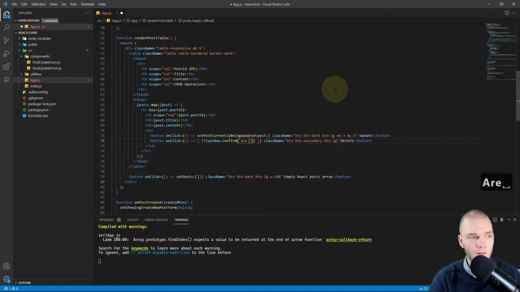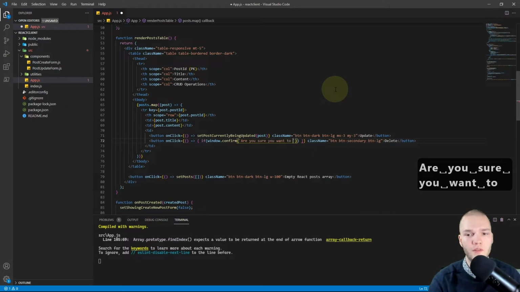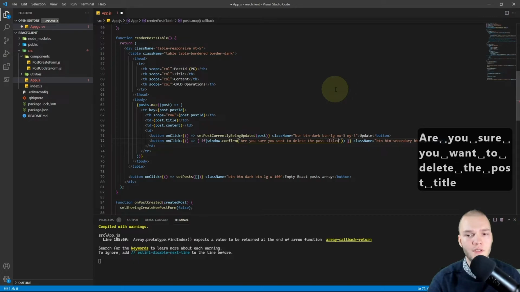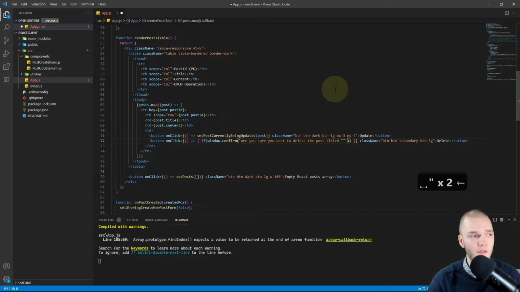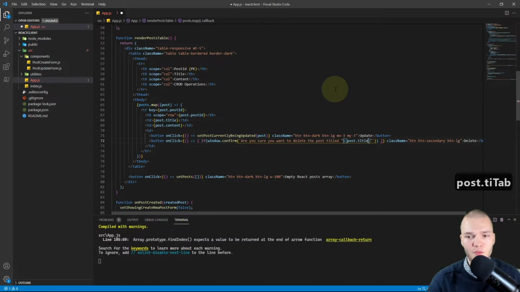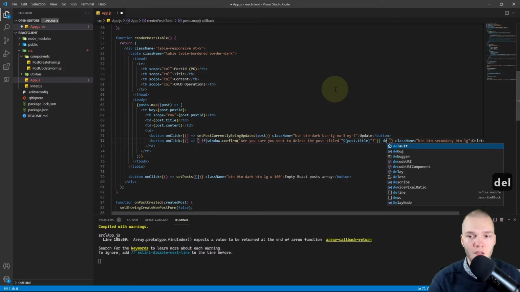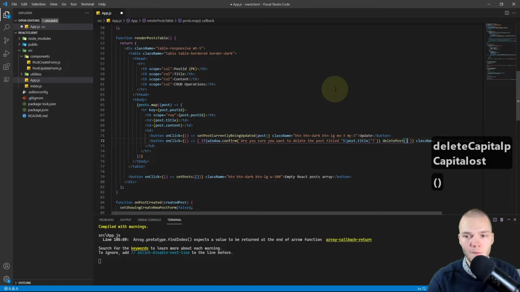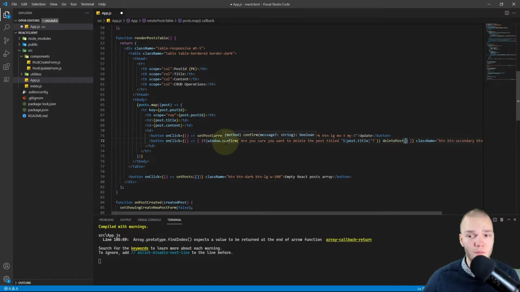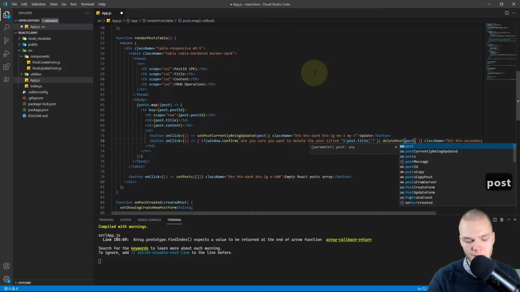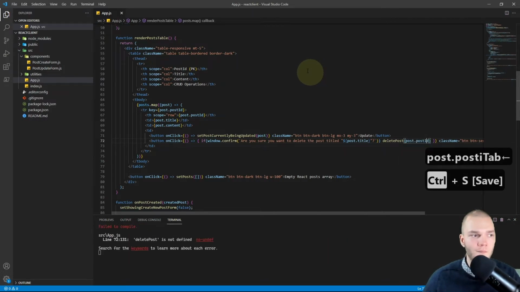And I'll ask, are you sure you want to delete the post titled, and I'll add double quotes and a dollar and curly braces, and then I'll pass in the post.title and then a question mark. And after these two parentheses I want to call deletePost, and that's when the OK button is clicked, and then we'll pass in the post.postID.